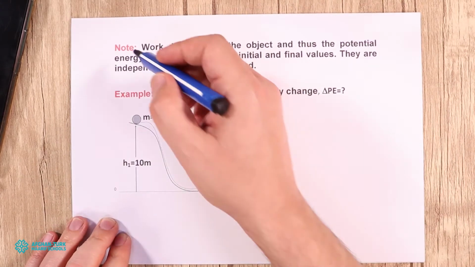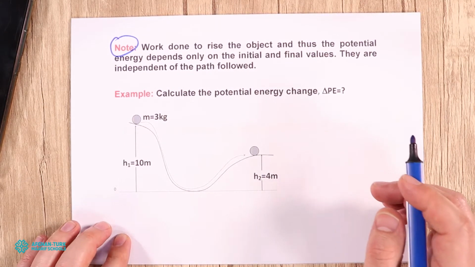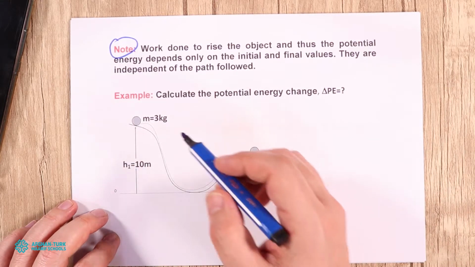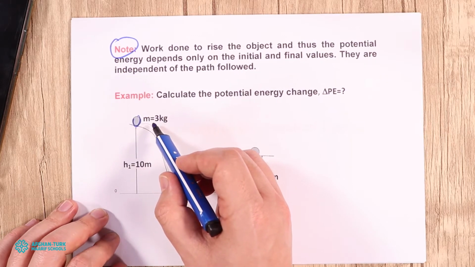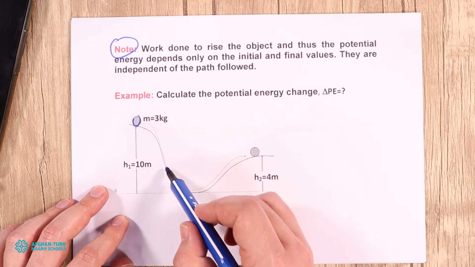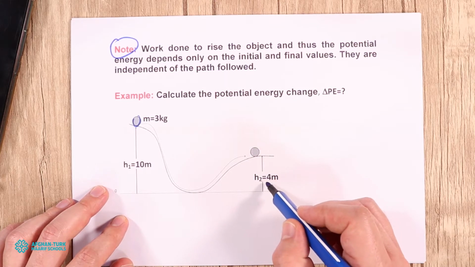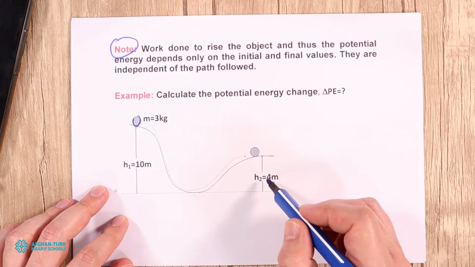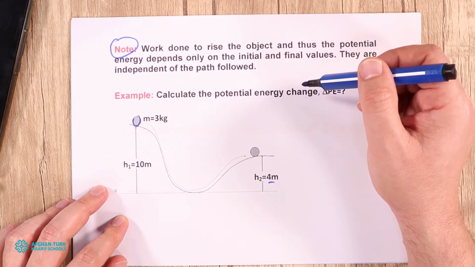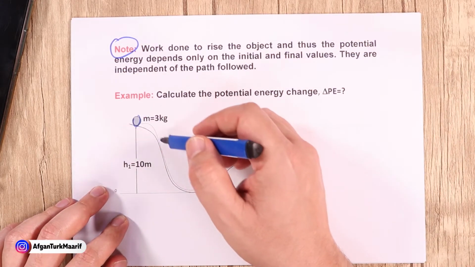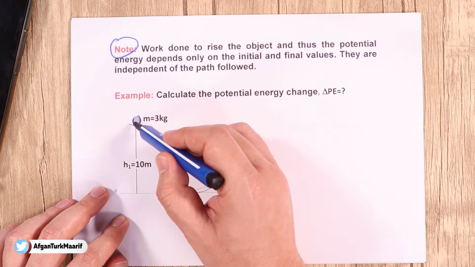One thing to remember, like here they also write in the note, that the potential energy never depends on the path followed. Let's suppose the initial height of the object is 10 meter, but now the object is released and follows this type of path to come to h2 height, which is equal to 40 meter above the ground. This means that we never care about the path, we only care about the height.